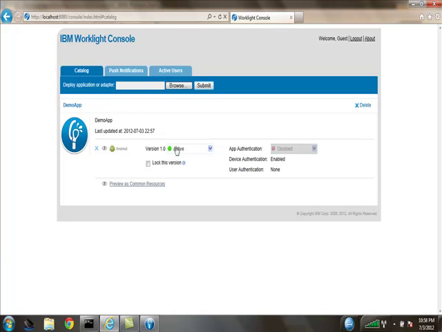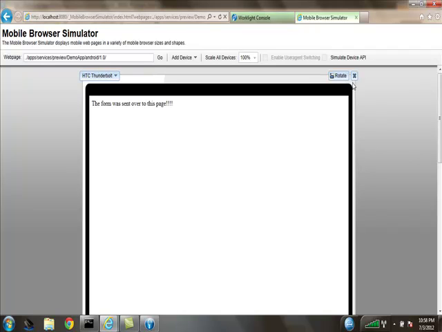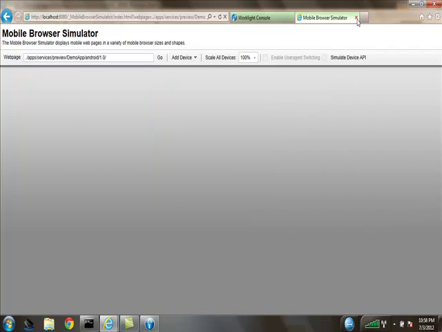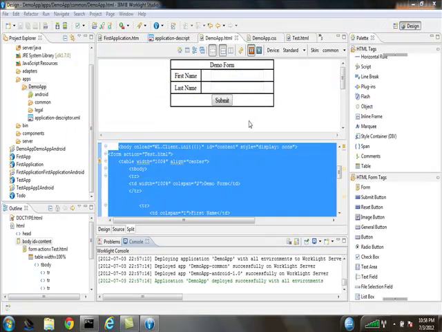You open the Worklight console. Demo app is already deployed onto here. Just click on Android and you should have your app ready over here. Type into it and then just submit it, and it should be working all right for you. It's pretty simple actually. Worklight has actually simplified the process of developing apps for mobile devices, and we can actually